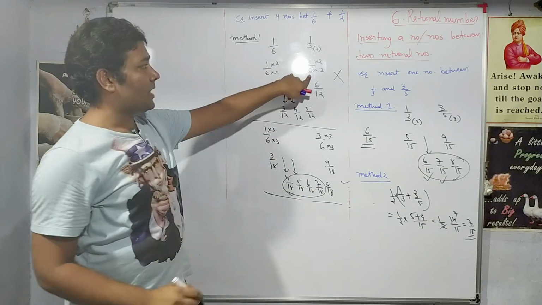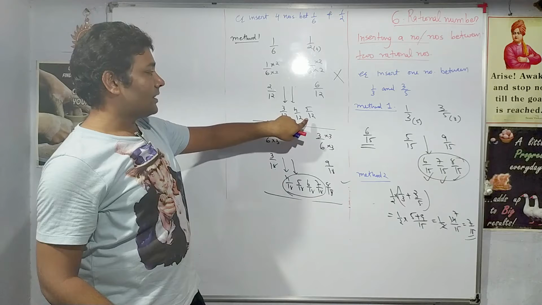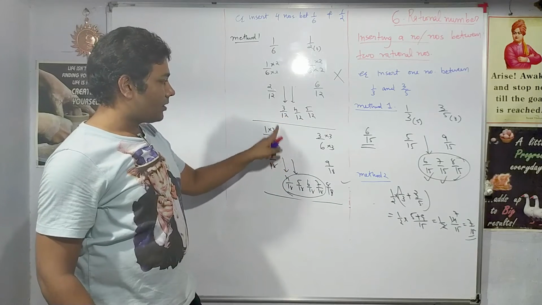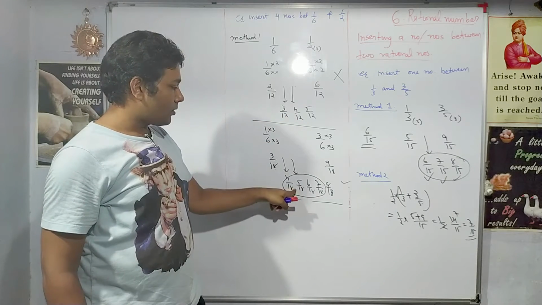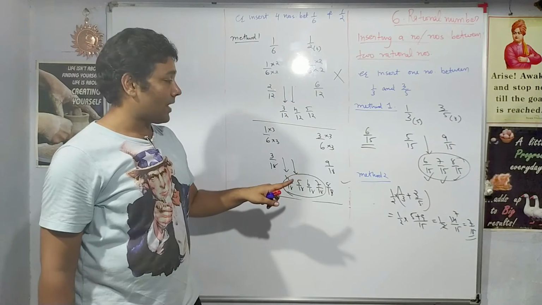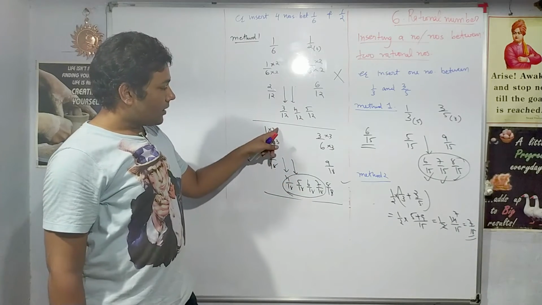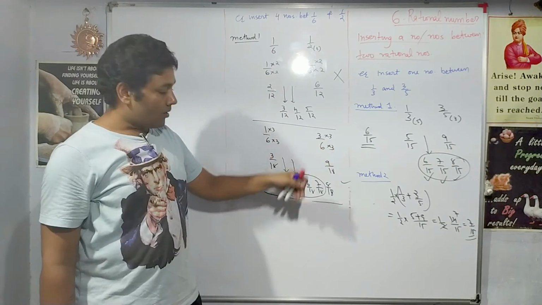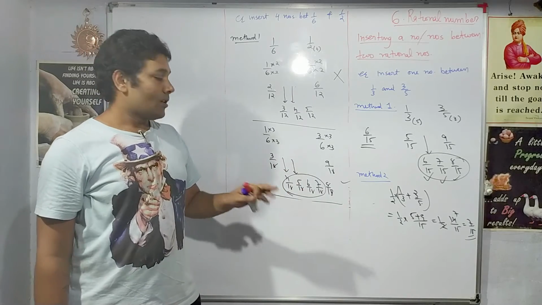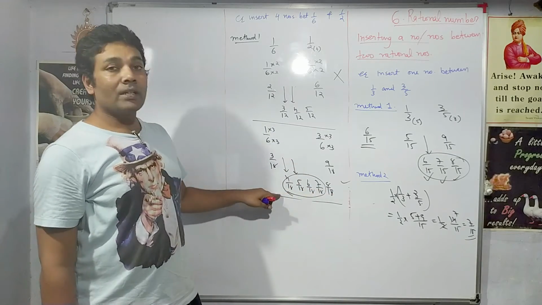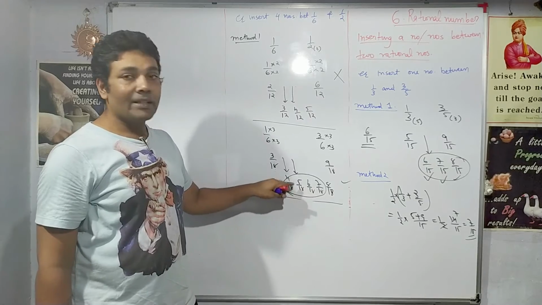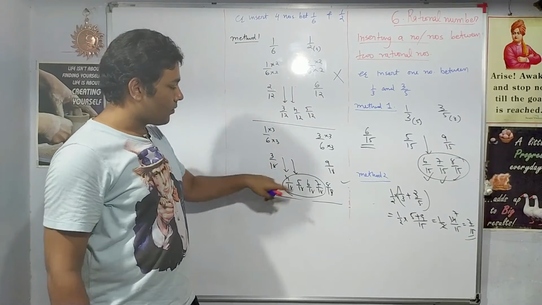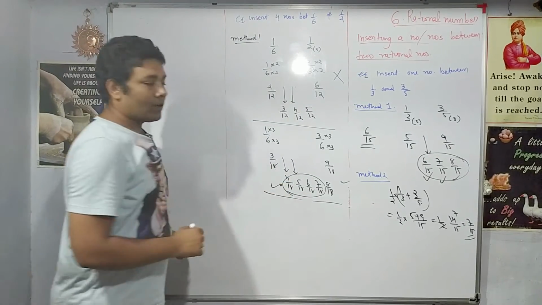After taking the LCM, you multiply with a suitable number. Here I first multiplied with 2, so I got only 3 numbers. Here I multiplied with 3, so how many numbers I got? 1, 2, 3, 4, 5 numbers I got, right? So similarly, the greater the number you multiply, the more numbers you will get. So out of the total numbers you receive, you can select as many numbers as you want. So here we wanted 4 numbers, so this is the correct answer.